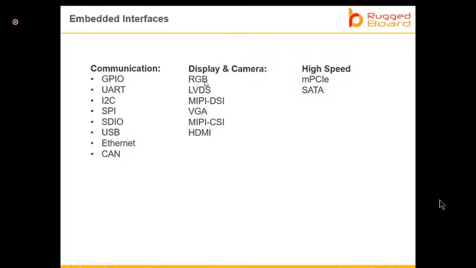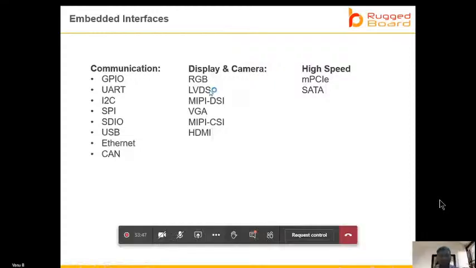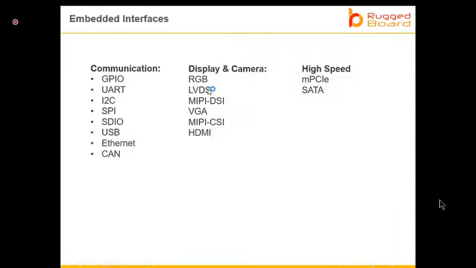In that case, when you transmit the data in parallel using RGB, there could be a lot of interference, and noise can be generated over RGB. So what you do is transmit over LVDS, which is a differential pair. It is a differential pair serial display interface, which will transmit the data at high speed. As you know, most of you would be electronics engineers. You might know the differential pair, right? We transmit the same signal using plus and minus instead of using one line.